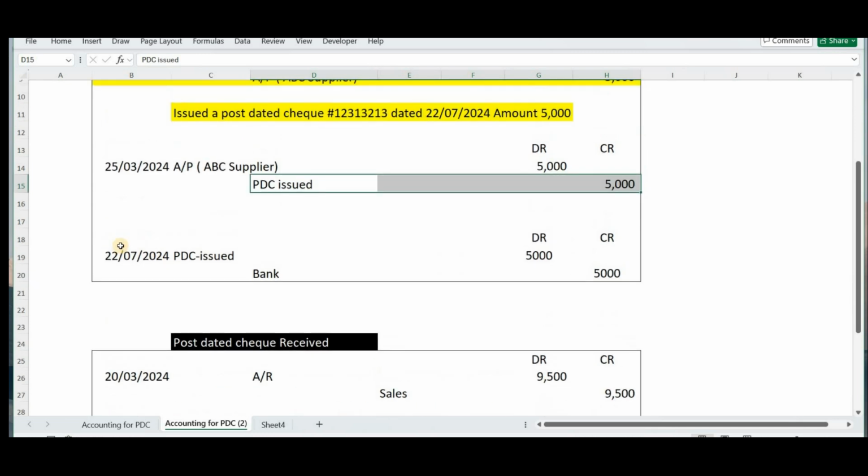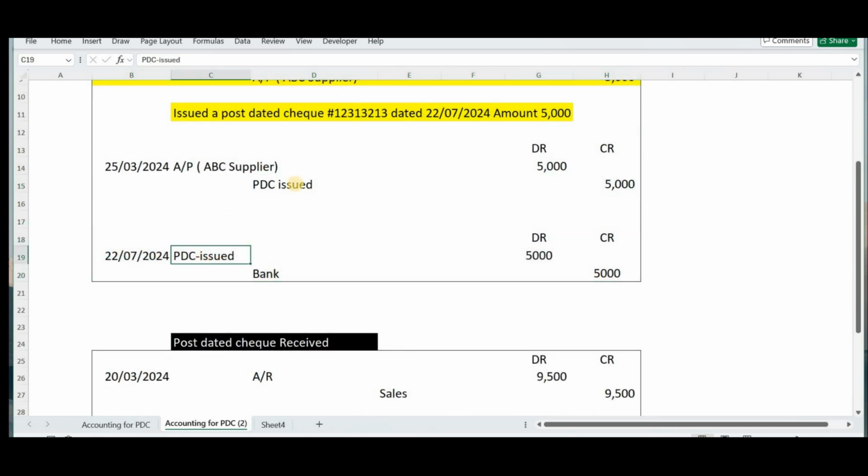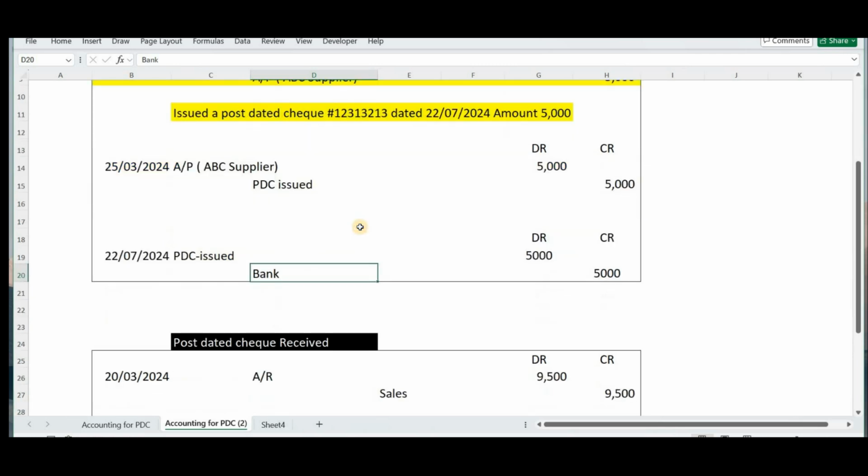Then on the maturity date, you will debit your PDC issued account and credit bank. So here PDC issued debit, and supplier to the bank account. This method is used when you are frequently issuing post-dated checks and you want to have a track record as well. This is the most commonly used method, so I will also recommend using this method.